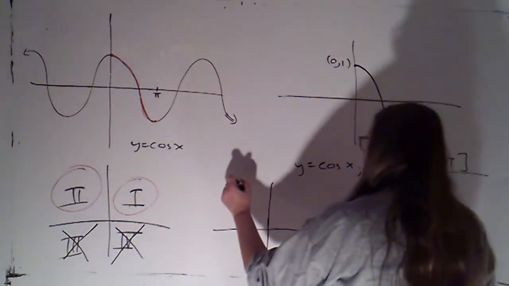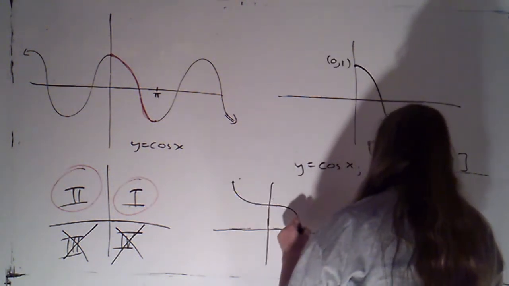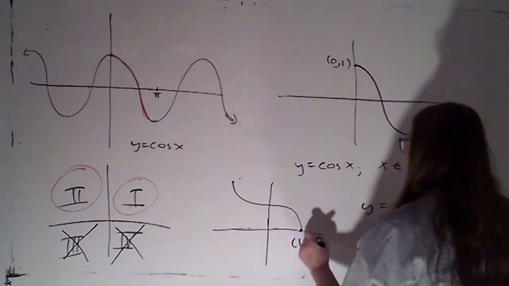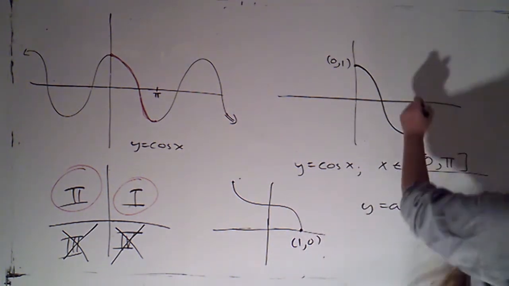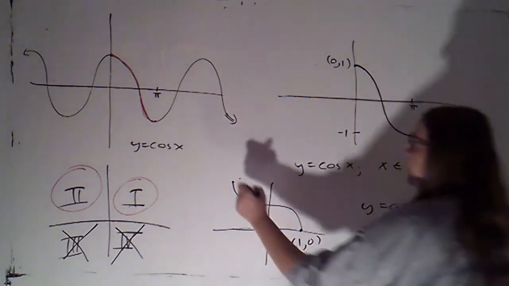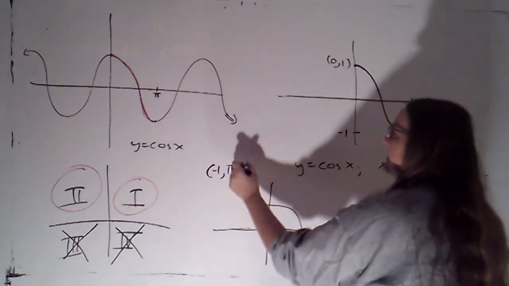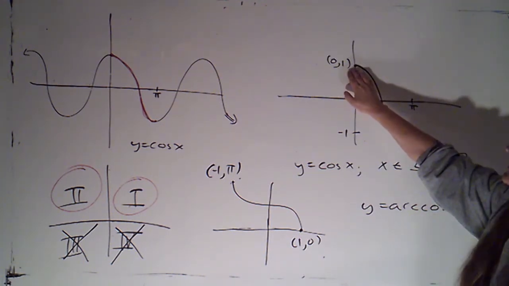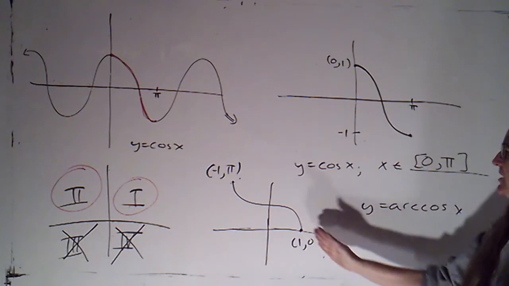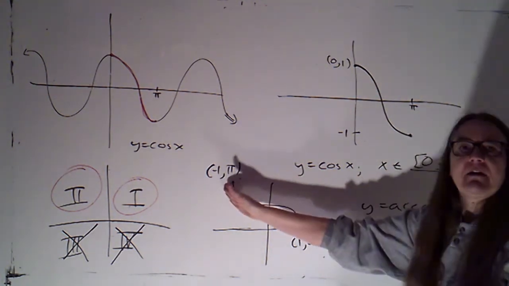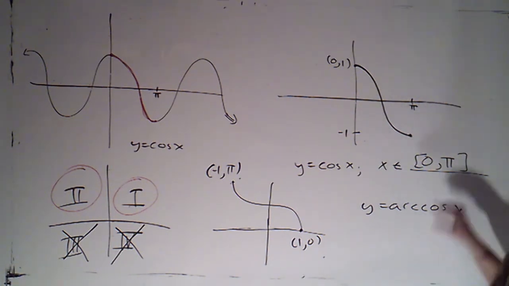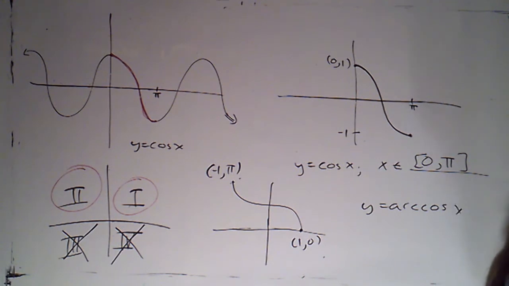The graph isn't super important, but I'll go ahead and draw it for you. Looks something like so. Here, this was the point 0, 1. When I graph the inverse, it becomes 1, 0. This was the point pi, negative 1. When I graph the inverse, it becomes the point negative 1, pi. I will just mention that the graph of cosine with restricted domain has horizontal tangents at the endpoints. So just like with arc sine, this graph here has vertical tangents at the endpoints, so that we can expect that the derivative will not be defined at 0 and pi, although arc cosine is defined at 0 and pi.